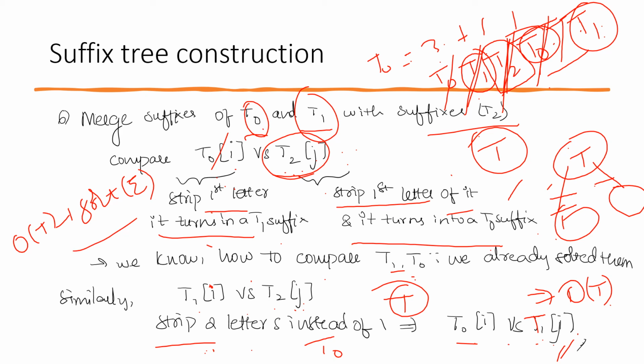So this is the problem. We are not sure how much time it will take for us to sort the alphabet, so this also has to be included. But still, when we just ignore this to be a constant alphabet, we can achieve this in linear time. So we can use radix sort when we recurse for this sorting of alphabet. But still we'll have to pay at least alphabet time for this.